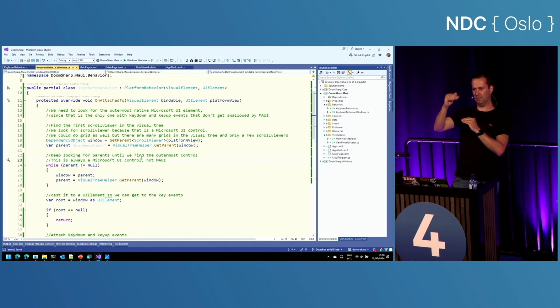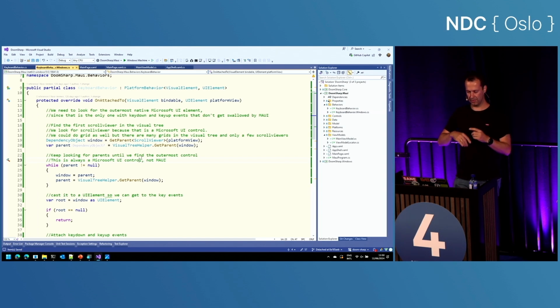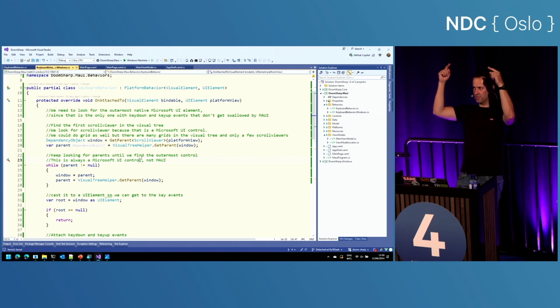and it's elements, elements, elements, elements, and it's all MAUI, MAUI, MAUI, MAUI, until you get to the topmost element. The root element of everything is a native element, always. So what I did was, I traversed the visual tree all the way to the top to get that native element.